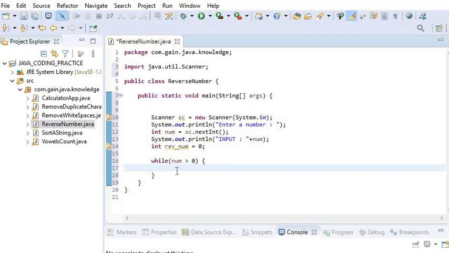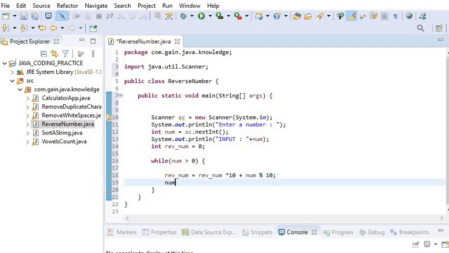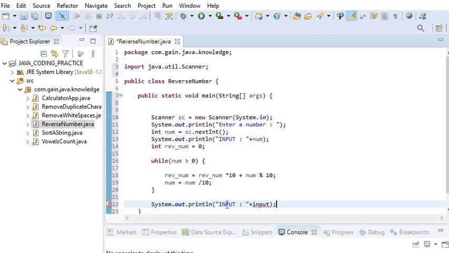Inside the while loop I will update the reverse number value: reverse number multiplied by 10, and add the remainder of number modulus 10. Next we need to change the number value and divide the number by 10. After completing the iteration, I will print the output.